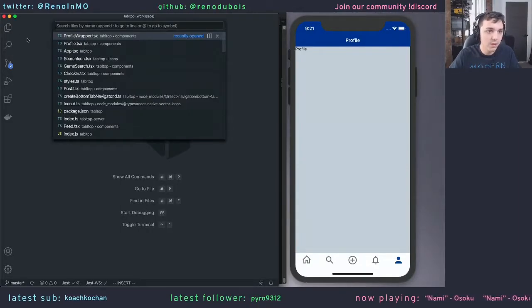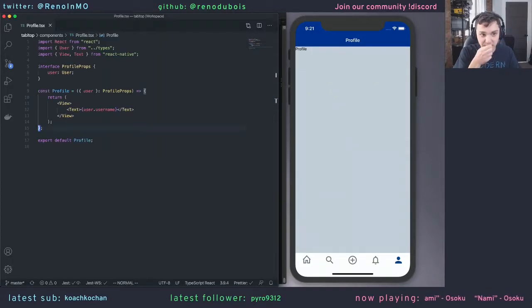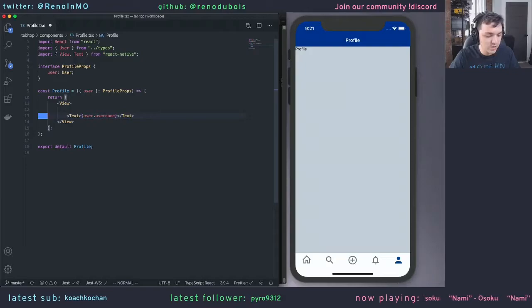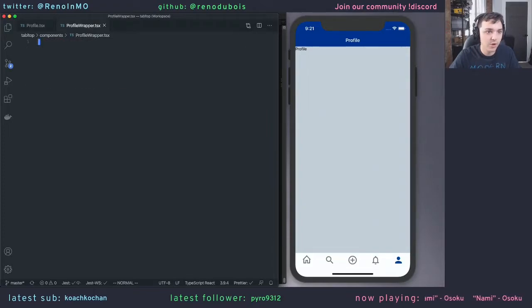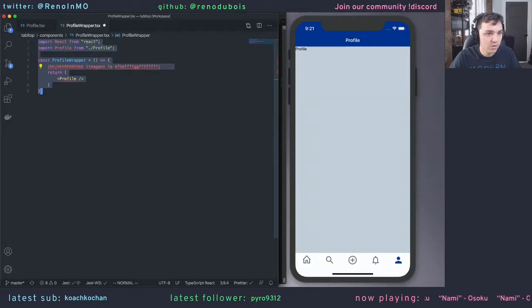So I've got the profile wrapper and the actual profile component. The actual profile component is just showing user.username right now. I think I started work on this. Okay, so let me look and see where we're at here. So let's look at the profile wrapper, which is empty? Huh, that seems kind of weird. Oh geez, what did I do here? Okay, so it returns the profile with